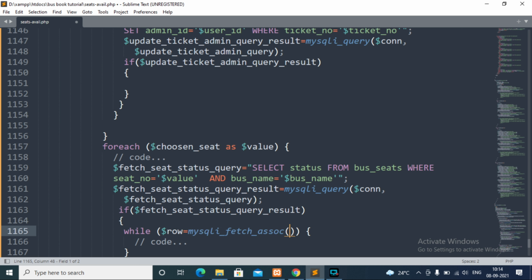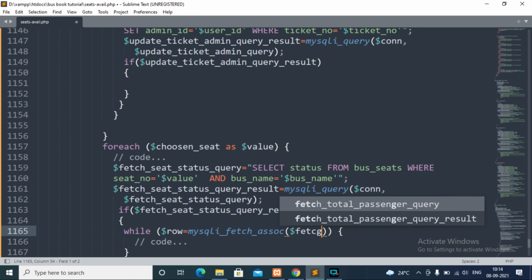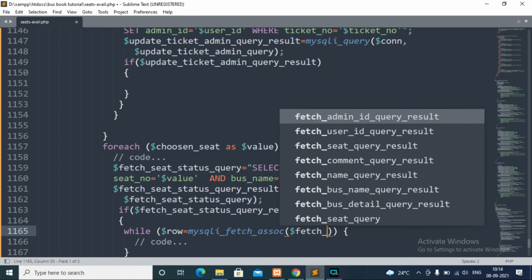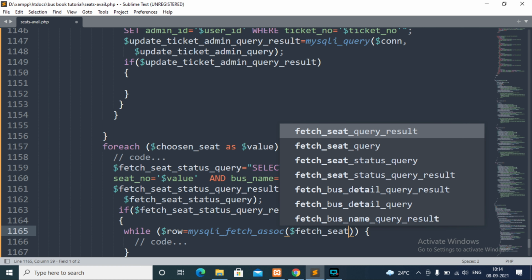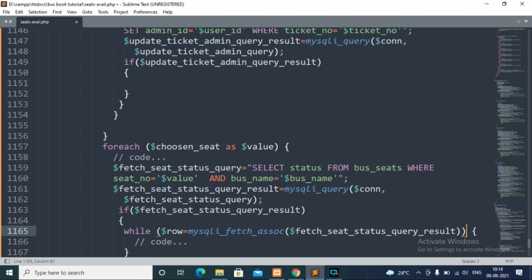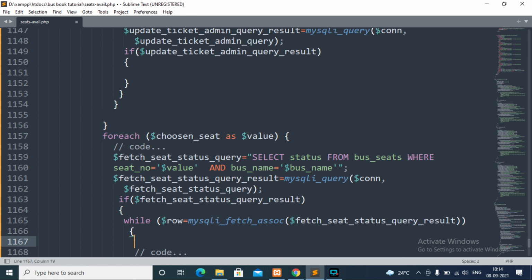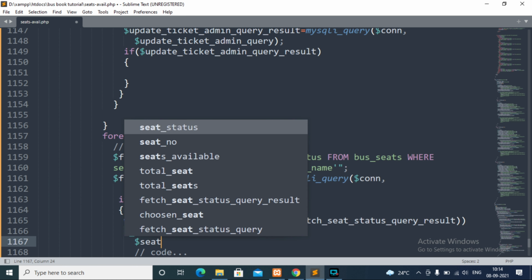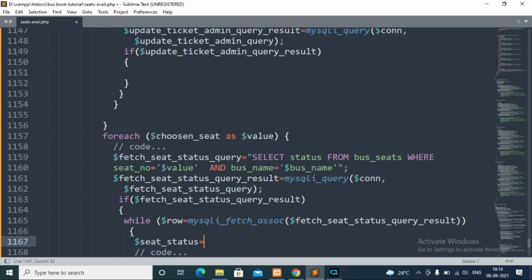MySQL fetch associative is a PHP predefined method, as I told you in the last video, which takes the parameter fetch seat status query result. Here the variable will be seat status to store the status of the seat,